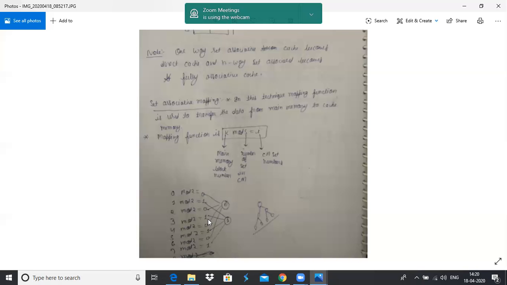Why does it occur as 0 1 0 1? Because there are only 2 sets: the first is the 0th set, and the second is set 1. That's why you see 0 1 0 1 0 1. And if you want to transfer main memory block number 5, to which set will it be mapped? Apply the mapping function 5 mod 2. Main memory block number 5 will be mapped to set number 1 of the cache memory.